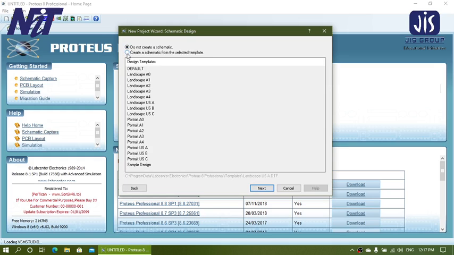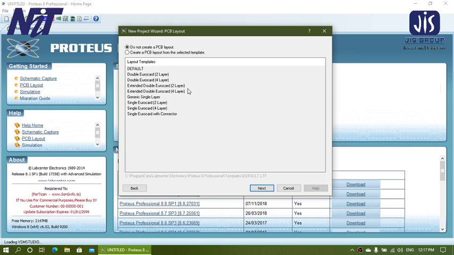You should create a schematic diagram. Better you select the default schematic diagram, and click next. You don't need to select any PCB layout unnecessarily. This will make your project heavier.